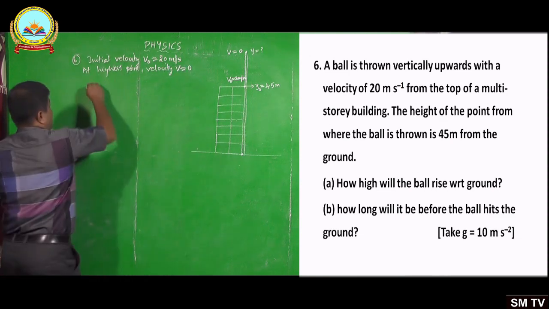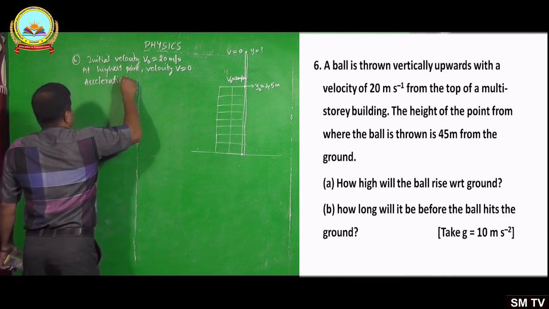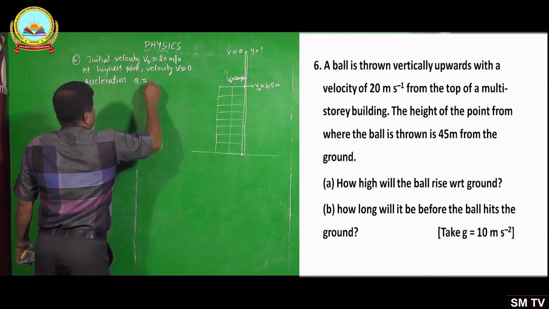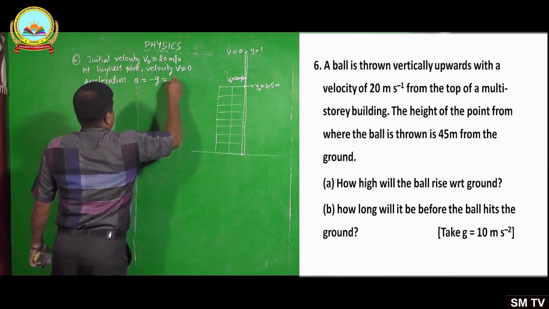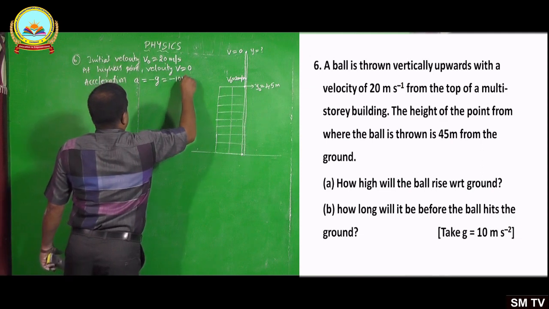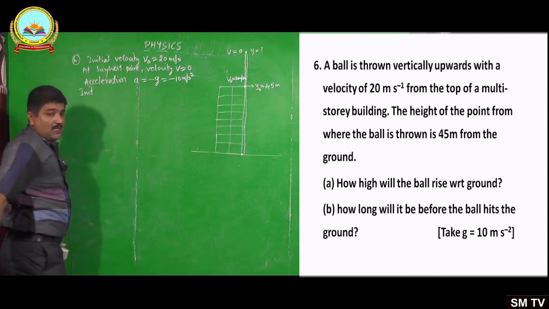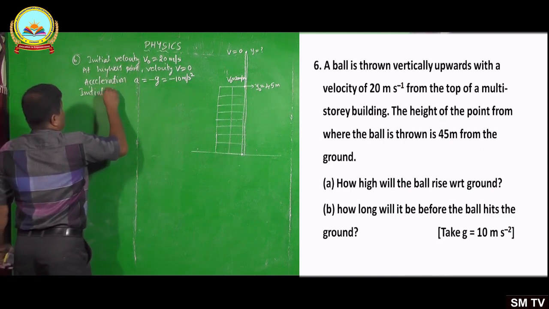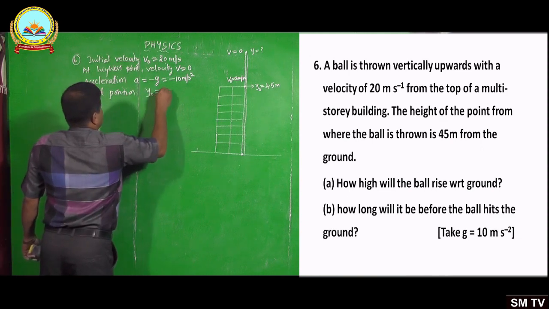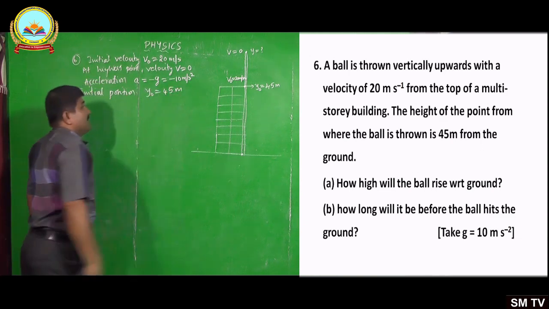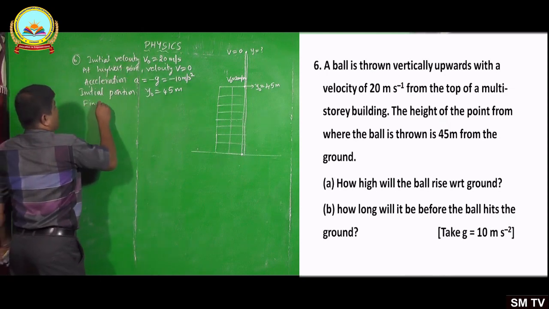Okay, acceleration, in this question the g value is given as 10, so acceleration is taken as minus g, that is minus 10 meter per second square. Then the initial position from where this ball is thrown, initial position y0 equals 45 meter, and the final position we have to get. So final position y